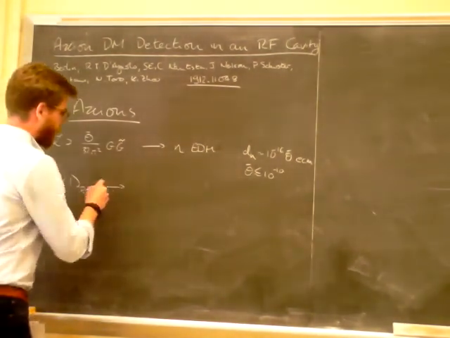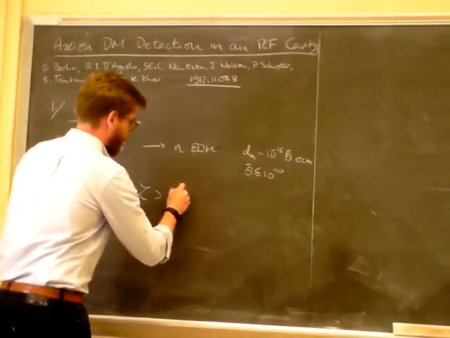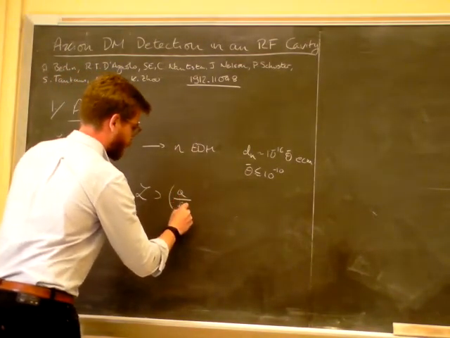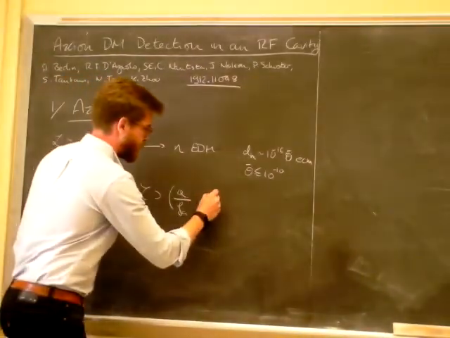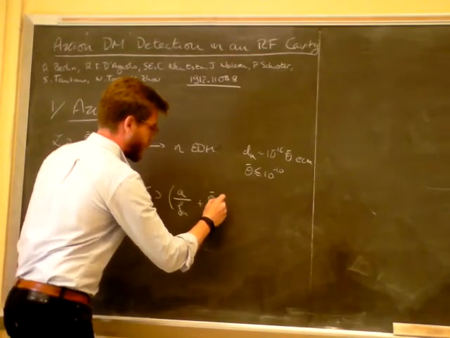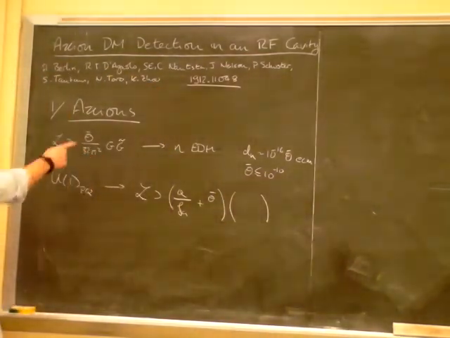So this means that now your Lagrangian has a term that looks like a, which is the axion field, over its decay constant f_a, plus theta bar, and then times the thing that I wrote above,